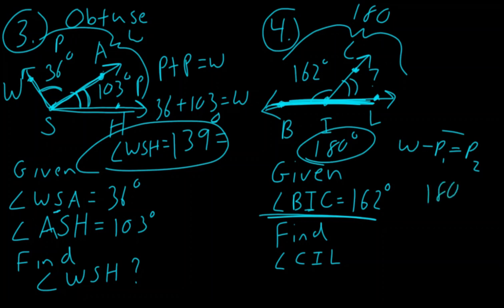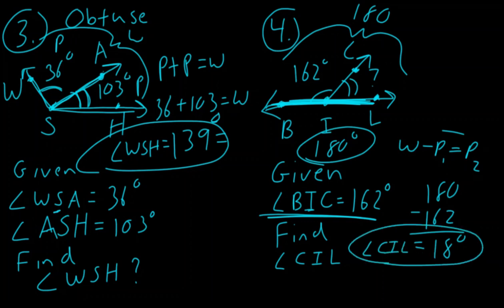I'm going to write this vertically for space. 180 minus 162, which will of course give us 18 degrees. So what is the angle CIL? It is 18 degrees. Alright, I hope these 4 examples help you out, and I'll see y'all in our very